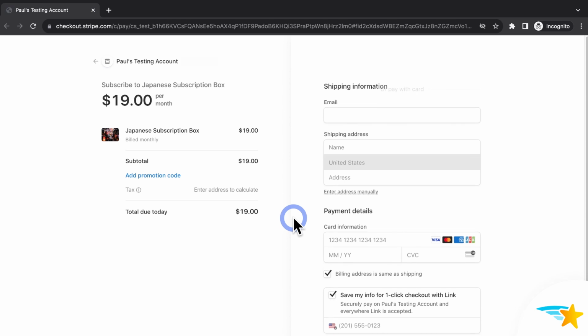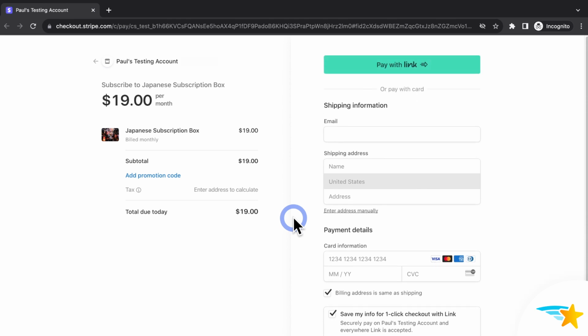And it takes me to my Stripe page for the product. So here's the price and the sign up form. So I'll go ahead and fill this out as a customer now. So I'll enter this customer's email, their credit card information, then I'll enter their name, their address,